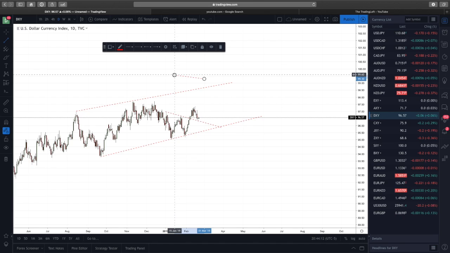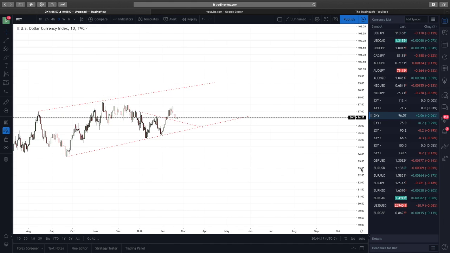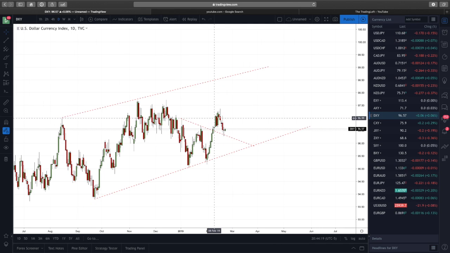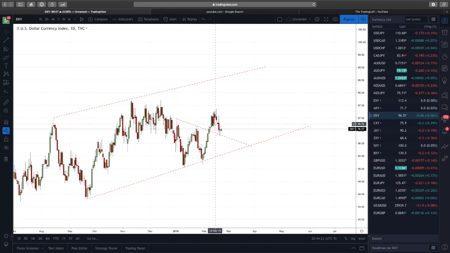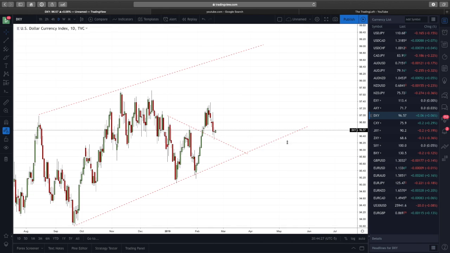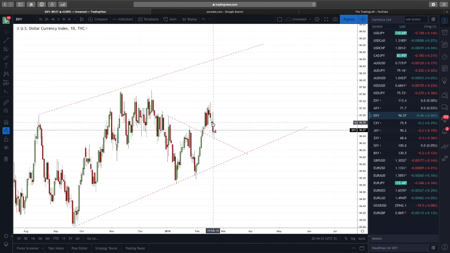All right, cool. So you can see that on Monday, I was explaining that the market was in more of an indecisive direction. What I mean is the market was moving up and down, and it really had a hard time figuring out what direction it wanted to go into. Now, on Tuesday, yesterday, it found a direction. It went up towards 97.10, and then it fell hard all the way down to 96.43,